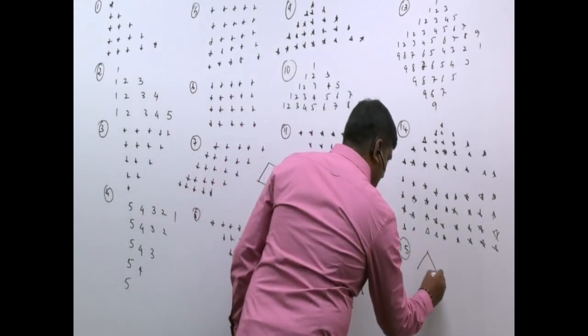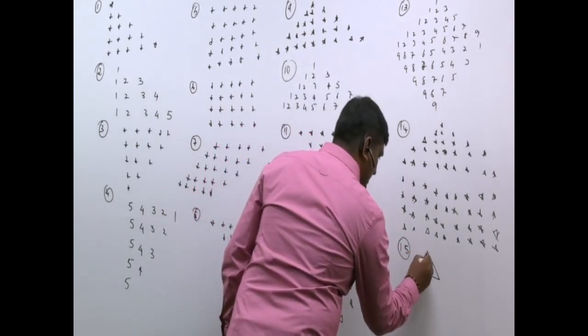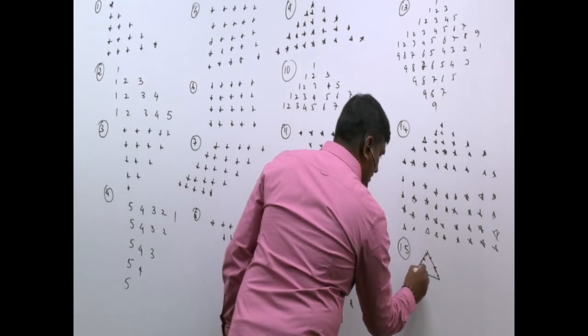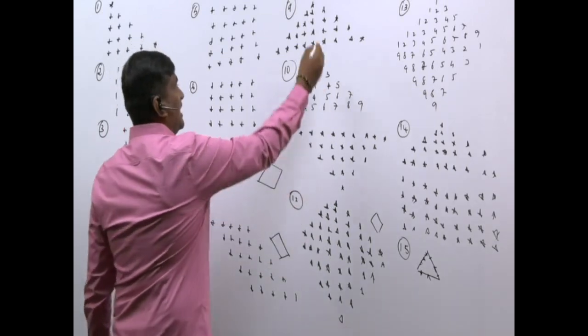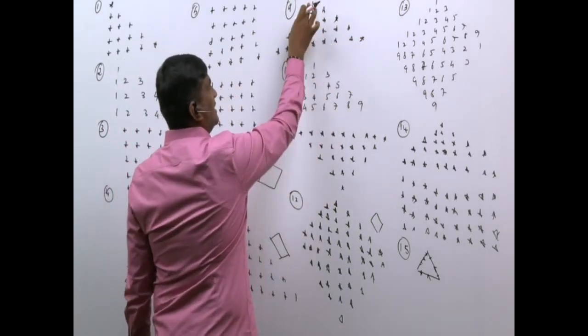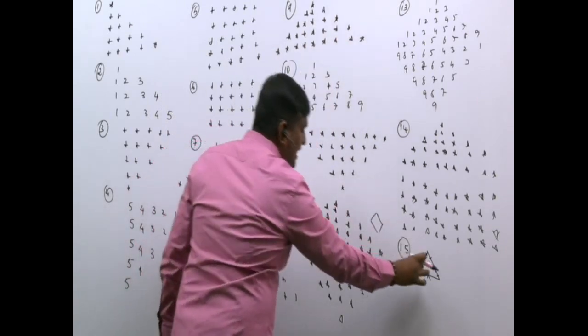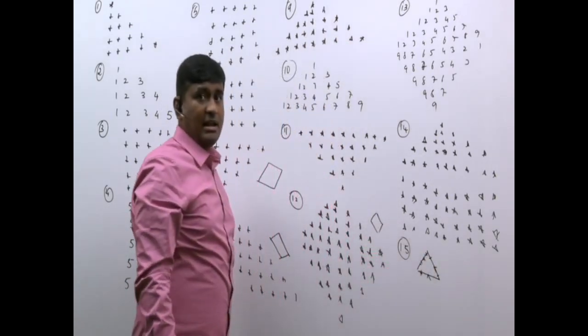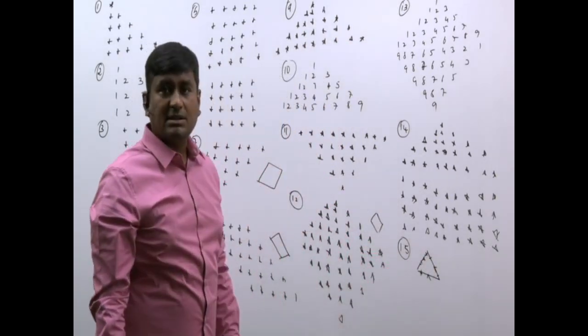Hollow means like this. Everything should be in the form of stars, but inside it should be empty. Something like this. See here? Here it is solid. So I will be removing all these things, then only the outside stars I will be displaying. That is what is called a hollow triangle. Like that, hollow triangles also they may ask.